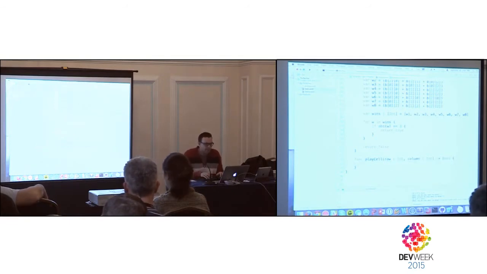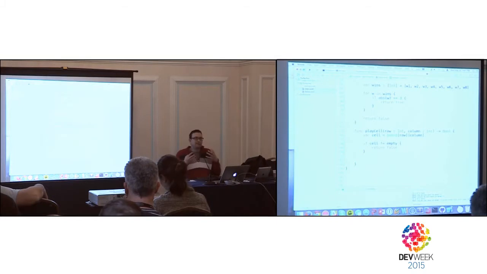But what we're going to do is we're going to play this. We're going to try to get these rows and columns. I should be doing validation that they're within 0 to 2, but just roll with me here. Var cell equals board of row of column. That's how this works. We'll say if cell is not equal to empty, return false. I'm already feeling better not typing semicolons. I just want to let you guys all know. Okay, and then if we made it past this, then we're going to set that equal to